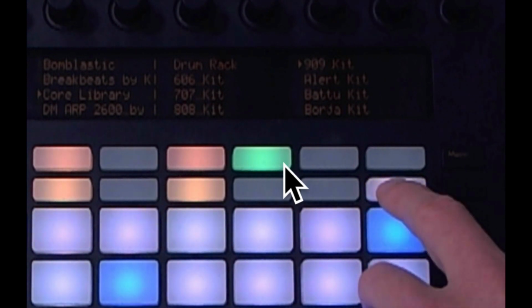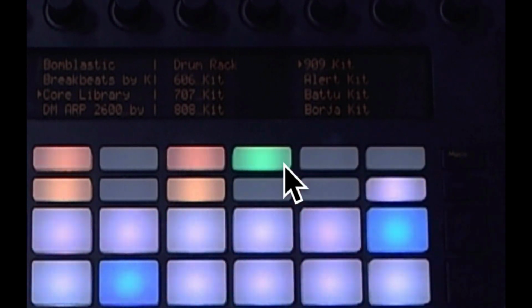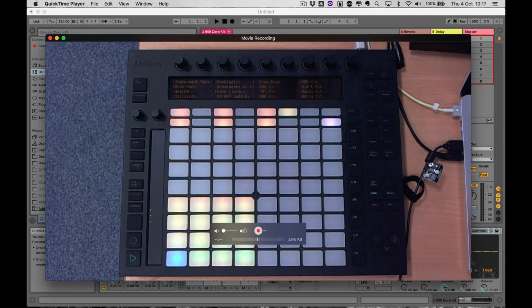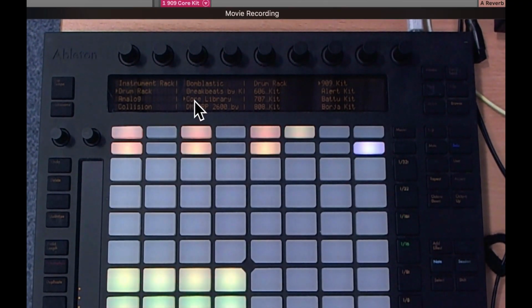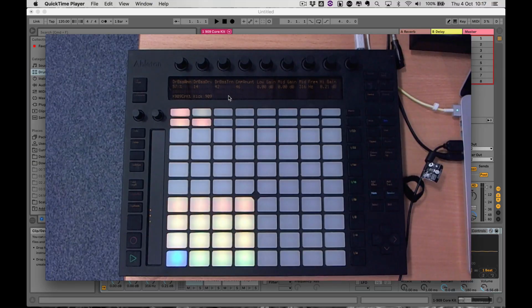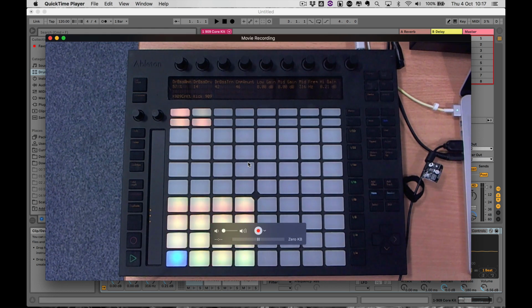Alright, I'm loading a 909 kit here. So I've navigated to the 909 kit on Push and just press that green button. Which button am I going to press next so that I can see the device controls at the top? Lovely. Okay, now then, if you load a drum instrument using Push,